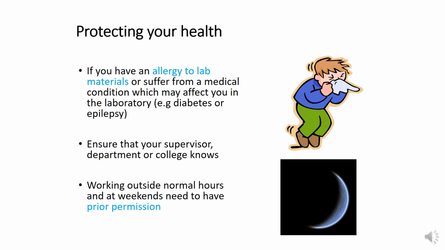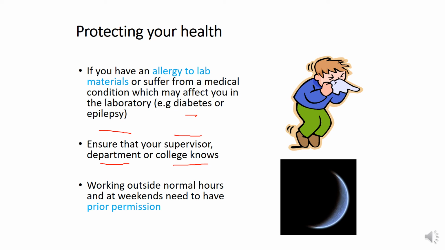If somebody has an allergy, you should talk to your supervisor, your college department, or whoever you are working with, whether doctors or technicians. It is really important to notify them that you have a certain type of allergy to this chemical or this smell. Otherwise it can cause different kinds of diseases, like diabetes or epilepsy. So this is very important first of all. And secondly,